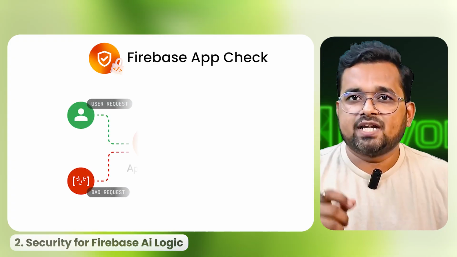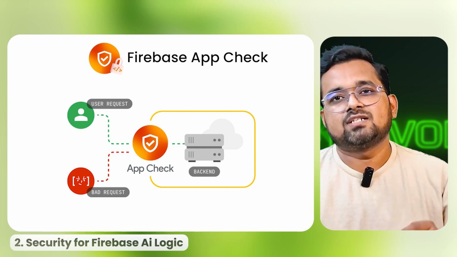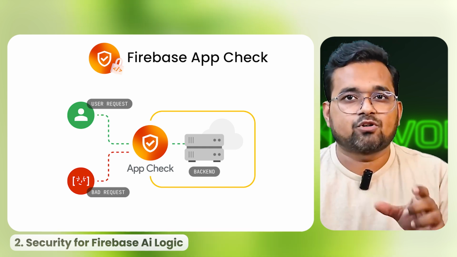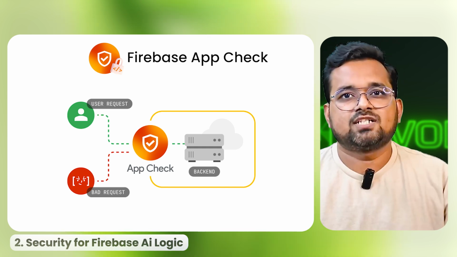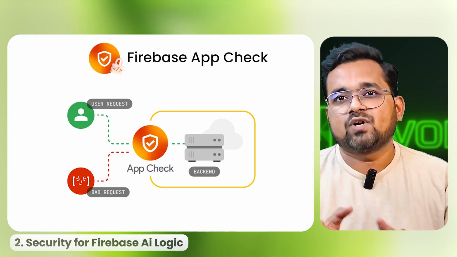Let's be clear, using these generative AI models is costly, and that's why most of them are developed in the backend environment to avoid any unauthorized usage. And that's why in Firebase, App Check plays an important role to block any unauthorized access to your Gemini AI and Vertex AI APIs. Otherwise, you will receive a hefty cloud bill.